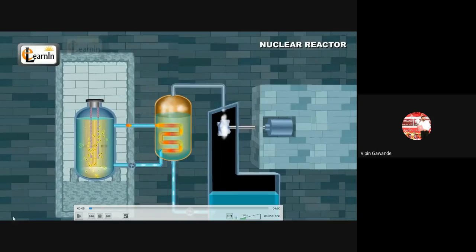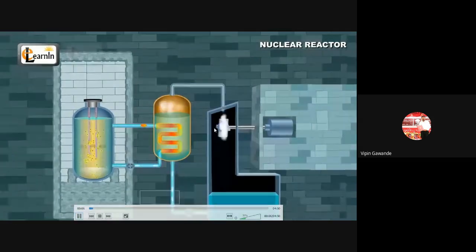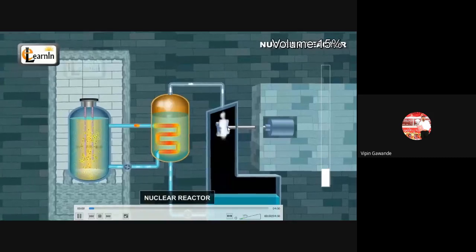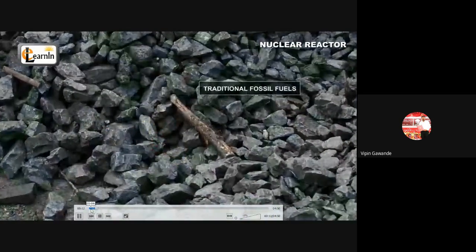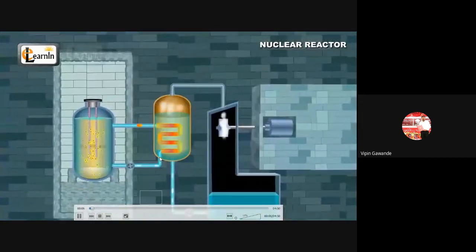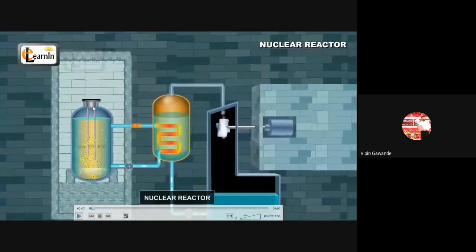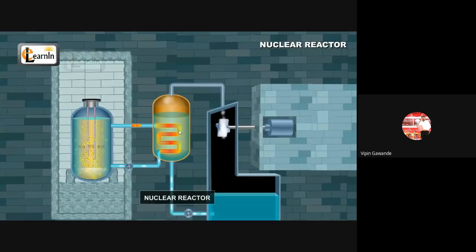Then that superheated steam it rotates the steam turbine. So this is steam turbine. Okay. So this is the working of your nuclear reactor. Okay. So this is nuclear reactor. These are the fuel rods. This is the fission process, and it generates the energy. This is the coolant flowing inside the nuclear reactor. This is our heat exchanger. Okay. So this is the working of your nuclear reactor.